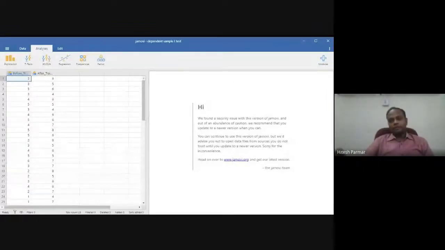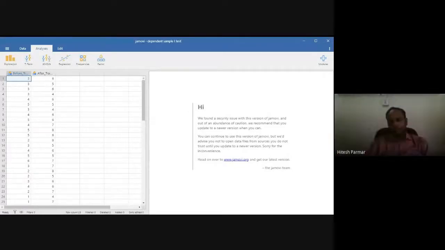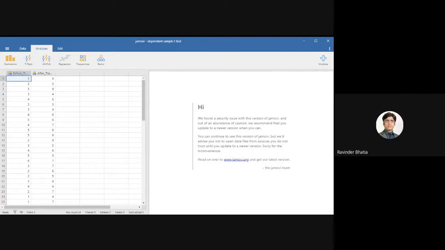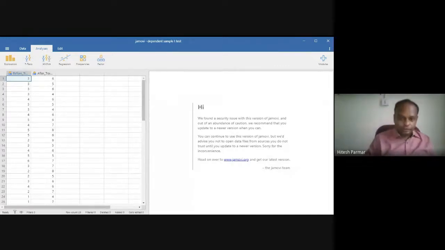And your objectives are also different. Chi-square test objective is to study the association. Here the objective is to study the significant difference with respect to before and after situation. I hope the point is clear. Yes, sir. Right. So for every test, our objective is different. For example, in independent sample t-test, the objective is to compare the means of two groups. One sample t-test, the objective is to compare the sample mean with some standard or benchmark value. Here we are comparing before and after situation. Like this, for every test, our objective will be different.